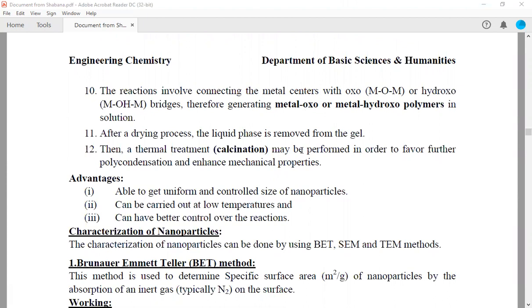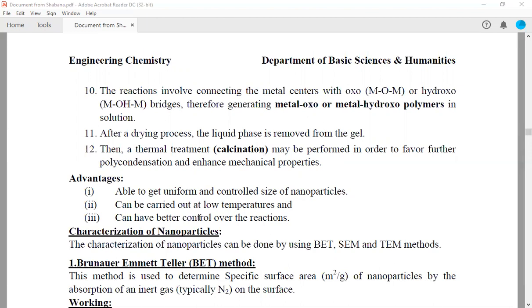After the drying process, the liquid phase is removed from the gel. Then a thermal treatment known as the calcination process may be performed in order to favor further condensation and enhance mechanical properties. Coming to the advantages of the sol-gel method, it is able to give a uniform and small-size powder,